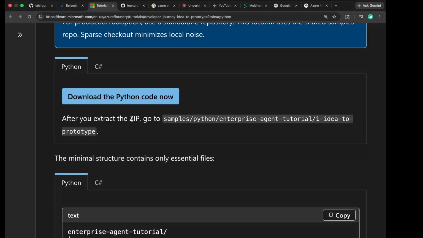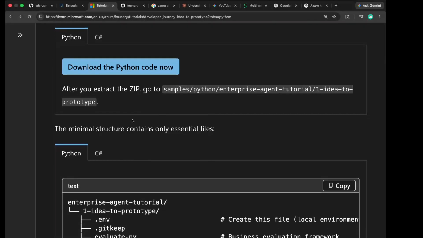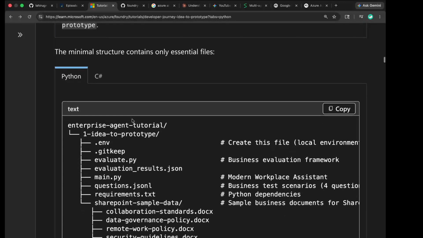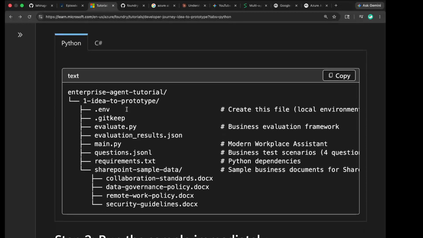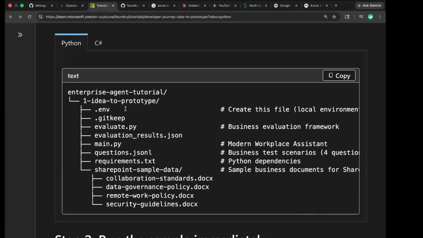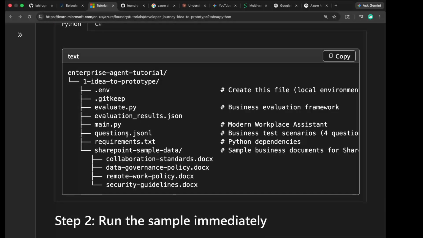After you extract the zip, go to the samples Python enterprise agent tutorial, one idea to prototype. The minimal structure contains only essential files. So you go to this enterprise agent tutorial, there is the idea to prototype folder, and there is the env file, which has the local environment variables, and there is evaluate.py, which has the business evaluation framework. Then there is main.py, the modern workplace assistant, which is the main logic, and then there is questions.jsonl, which has